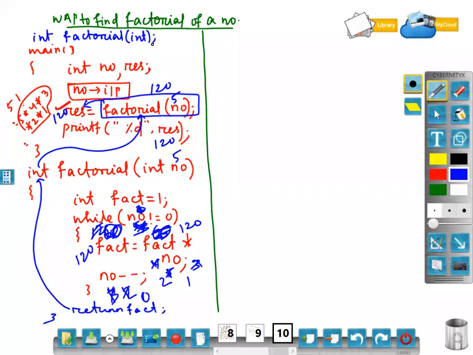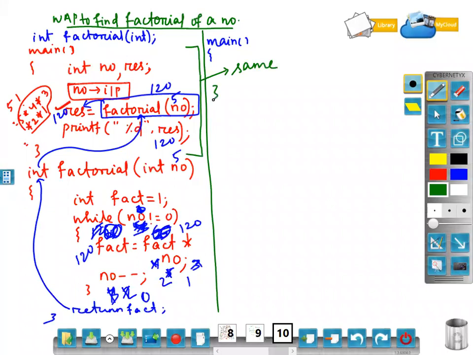Clear? Now what is recursion? How will I write the same program by using recursion? Now remember, in recursion, the entire main function, whatever you have written, is the same here.